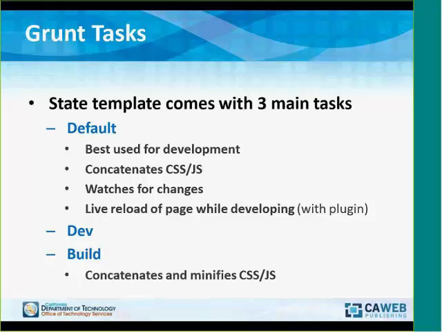And they're shifting a little bit between version 4 and version 5. Version 5 isn't 100% ready for prime time yet, at least in terms of the source code. But I think it's coming. These may change a little bit between those two versions. But basically, there's the default task, and this is best used for your development. It concatenates your JavaScript and your CSS. It watches your file systems for changes, and then it'll automatically reload the web page whenever you make a change,